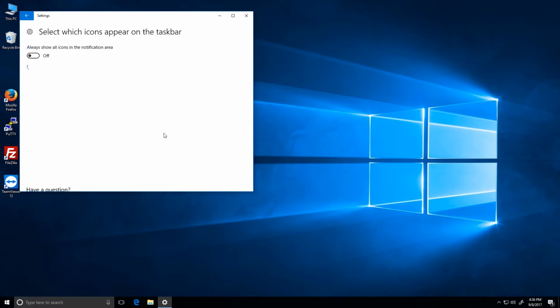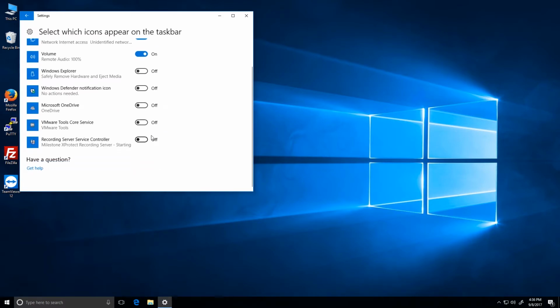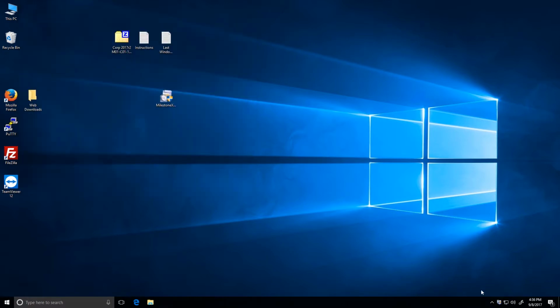Note that the first time you run the recording server software, or the first time you run the recording server after installing a new camera device pack, the recording software will take longer to initially start up. During this time, its icon will remain yellow, and sometimes may take as long as 5 minutes before it turns green. After that initial first startup process has completed, however, subsequent restarts of the software in the future occur very quickly.